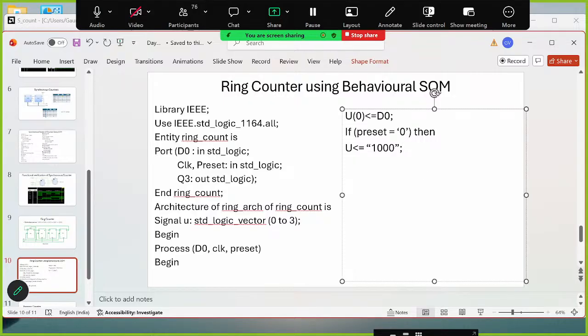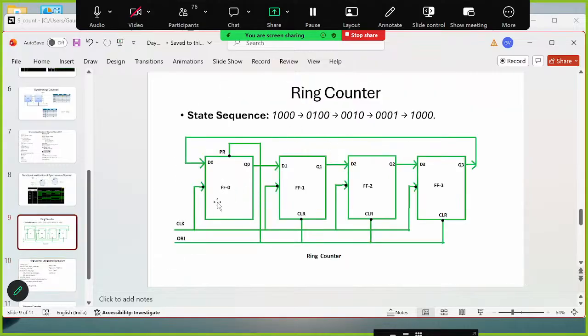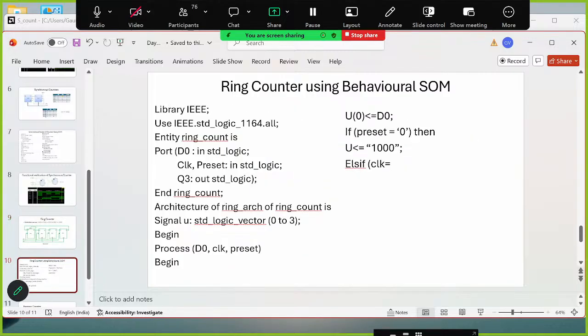It should start the sequence from here. Else if clock is activated at what point? Clock is activated at logic 0 also, so it is also negative edge triggered. So clock equal to 0 and clock'event. This we have to write. Then